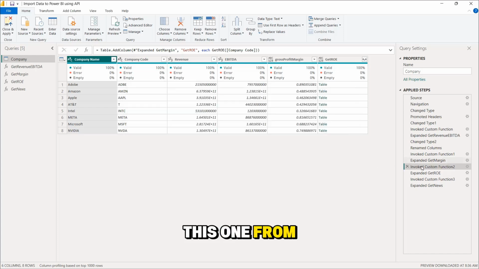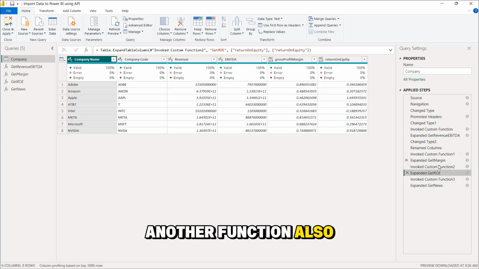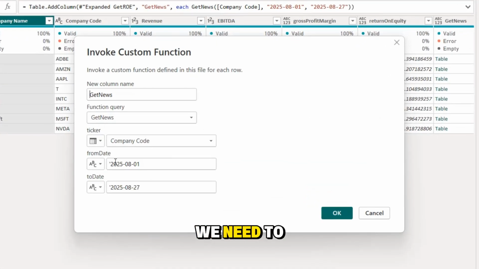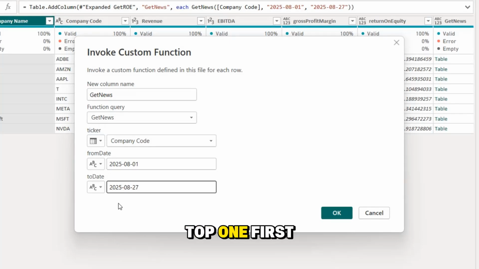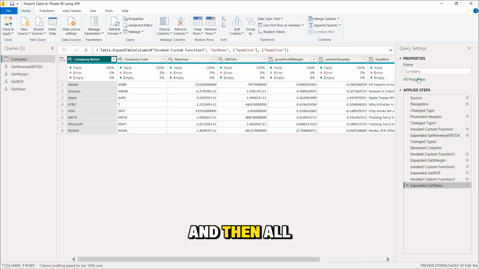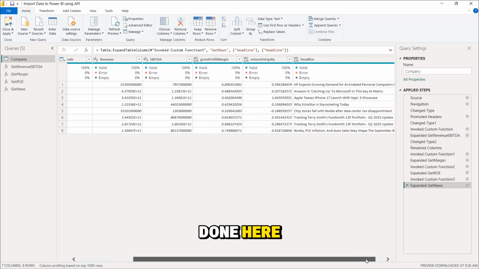This one is from another function. Also with the news, we need to set the from date to the end date. For this one, from 1st August to 27 August, and then everything is done here.